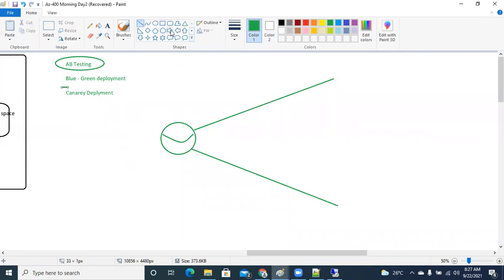Okay, so we'll talk about blue-green deployment and what is canary deployment and how we can go ahead and use it in the environment. We'll touch upon that tomorrow, guys. And once we are done with this, then we'll be initiating our discussion on monitoring. So monitoring is a big topic, guys. Here we need to learn several other components for monitoring, like your Log Analytics workspace, Application Insights, and how we can manage them. And also we need to learn about different kinds of agents, which will help us capture data in the production environment.